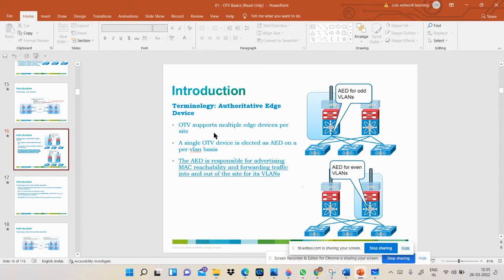So OTV does support multiple edge devices, peer sites, right? It also has the capability that it can support multiple edge devices, peer sites in a single scenario, in a single OTV device, right? Then after that,